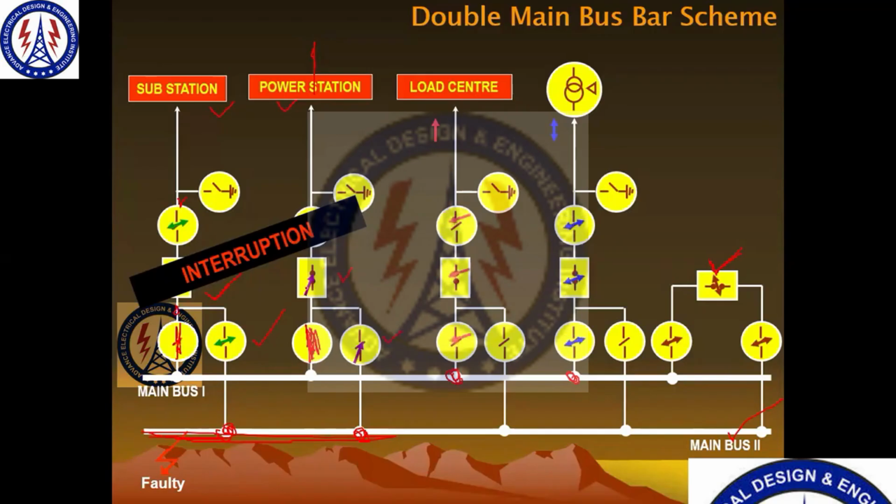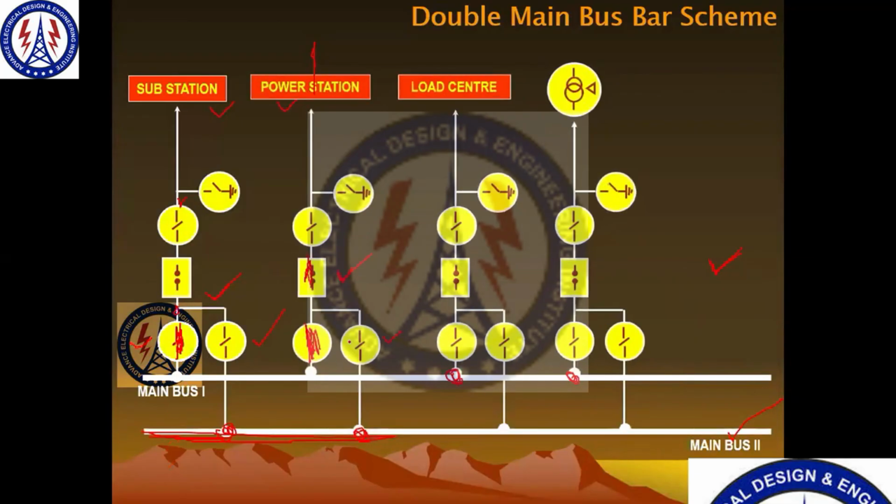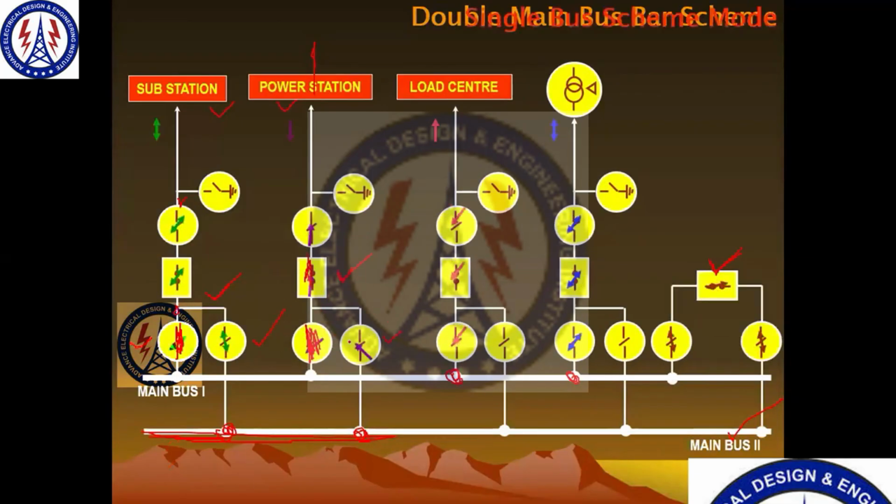After tripping, just open these isolators and close this isolator. After closing this isolator, opening this isolator and closing these isolators, the power will flow. You see here,